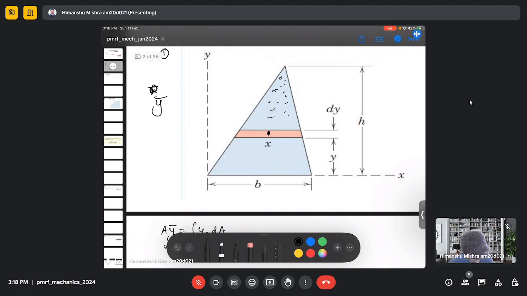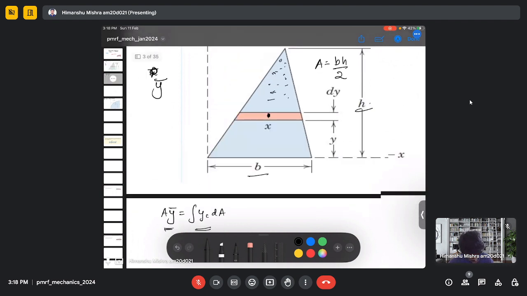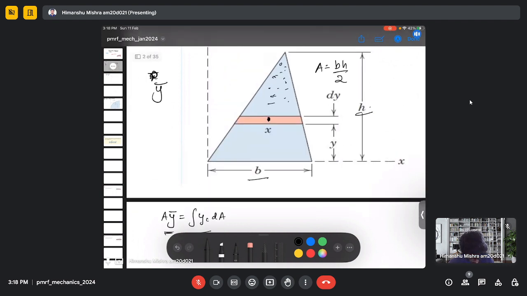And we have given its dimension. So base is b, height is h, and the area of this triangle will be bh by 2, and we need to find this distance as well, because this will be